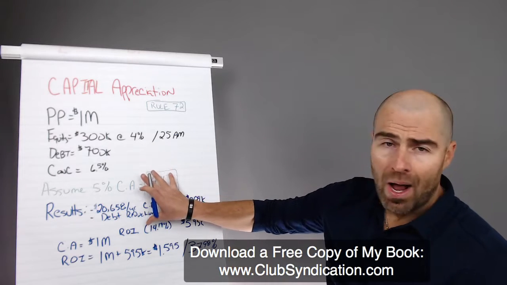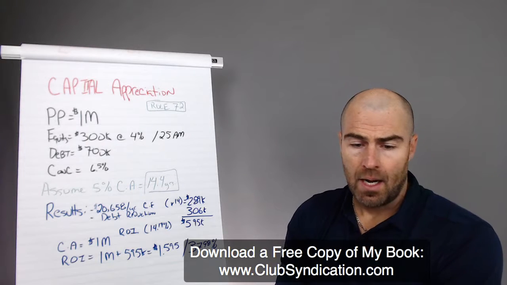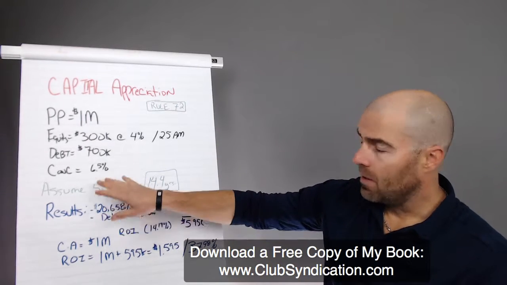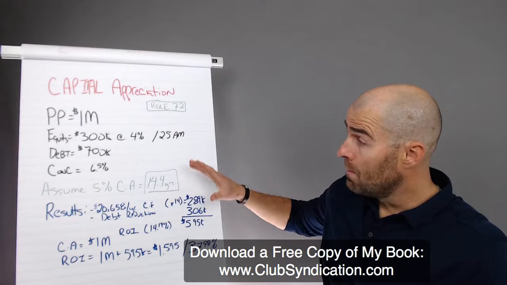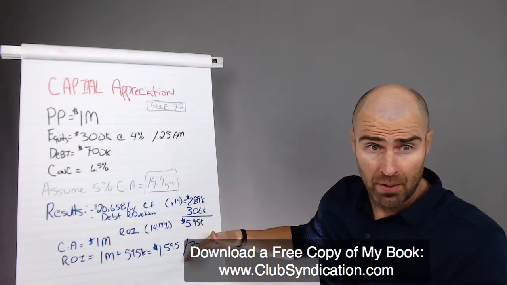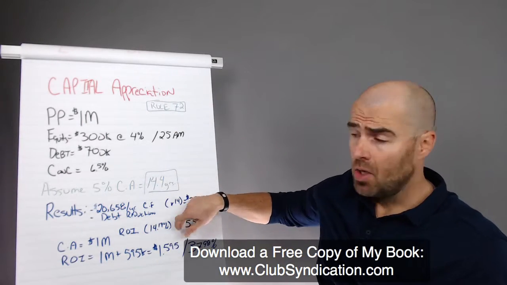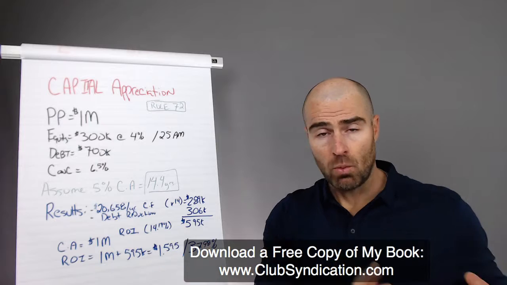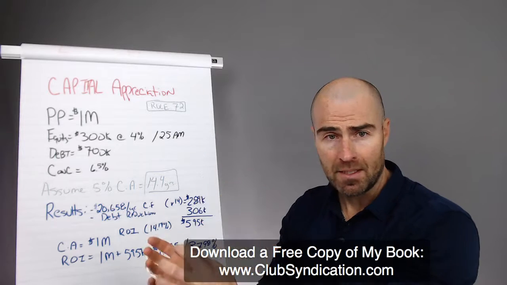So this is why, like I said, capital appreciation is a big factor here. And I don't tell you that you're going to get 5% a year. I'm not suggesting that there's not going to be any vacancy or any capital repairs that you have to do. I get all that. What I'm trying to do in this illustration is just show you what's possible when you hold a property for a long period of time, right? You don't sell. In this case, it's 14 years. If you have one or two of these properties, you can see how over a 10 to 15 year horizon you can, back to what we talked about initially, replace your active income with passive income.